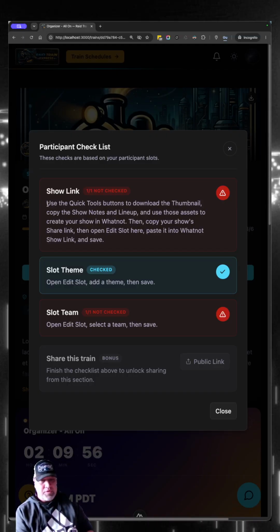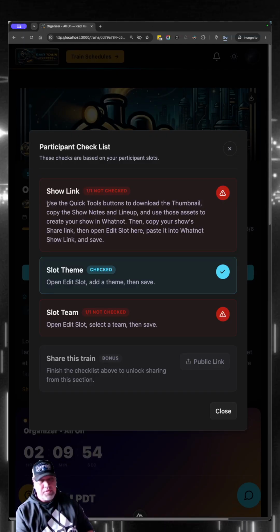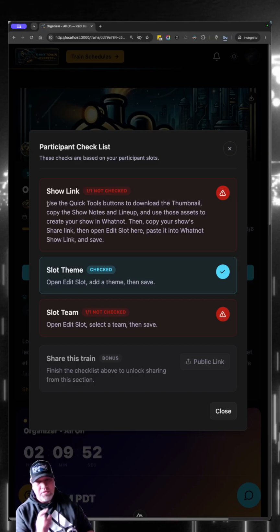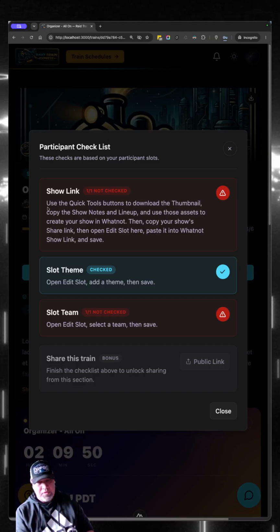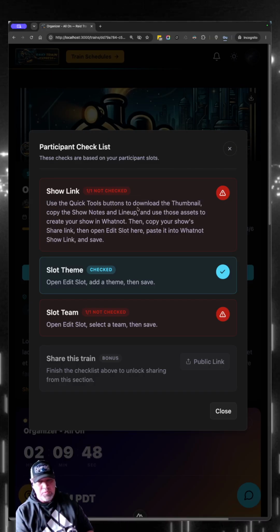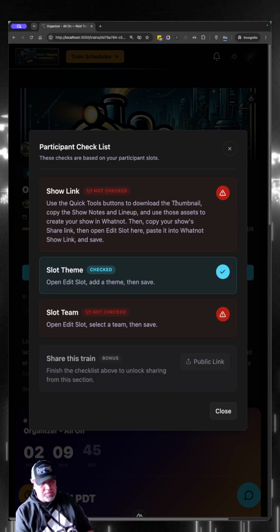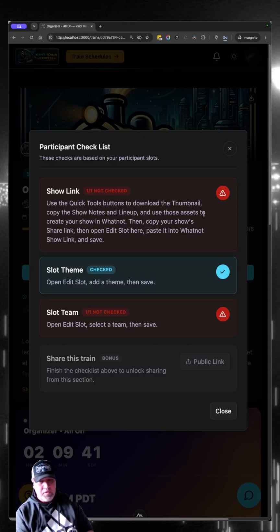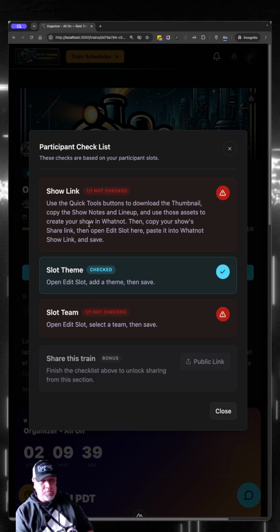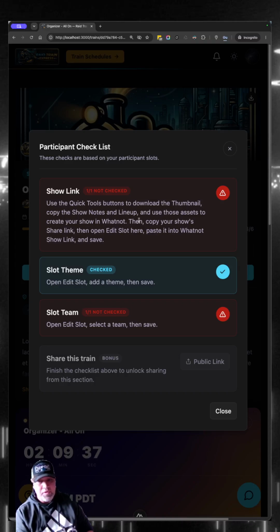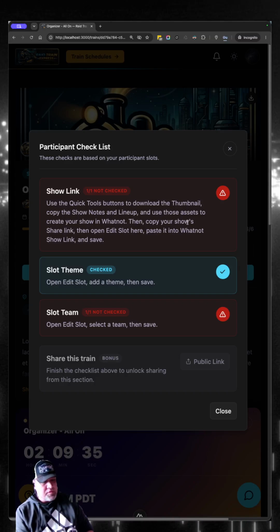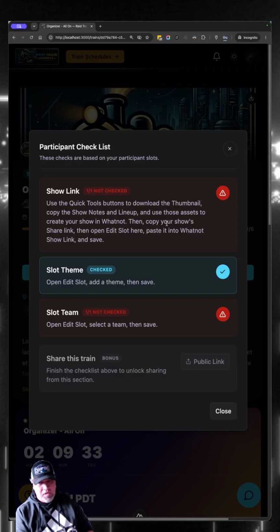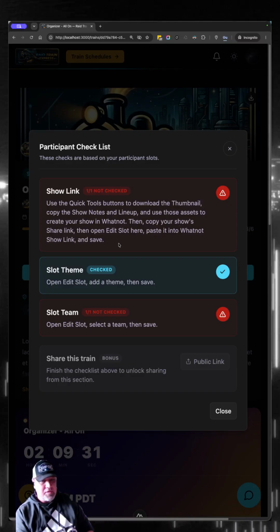RayTrain Express does allow you to put in your show link. You've got some quick tools here for downloading the thumbnail. You've got copy, show notes, and lineup, and then you can use these assets to build your show in Whatnot. Once you've got that done, you copy your show's share link, and then you come back here and share that